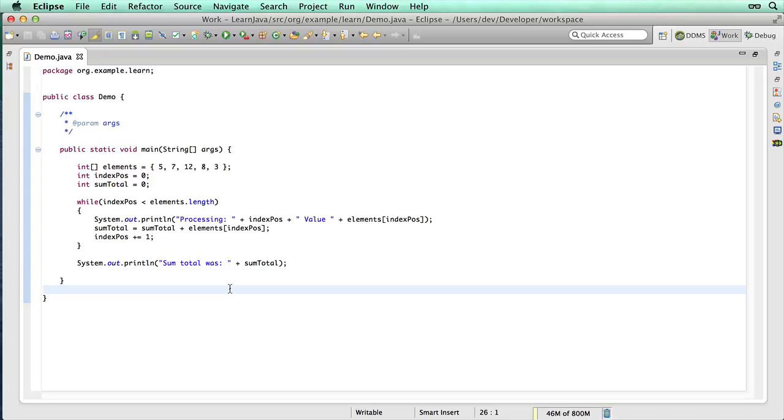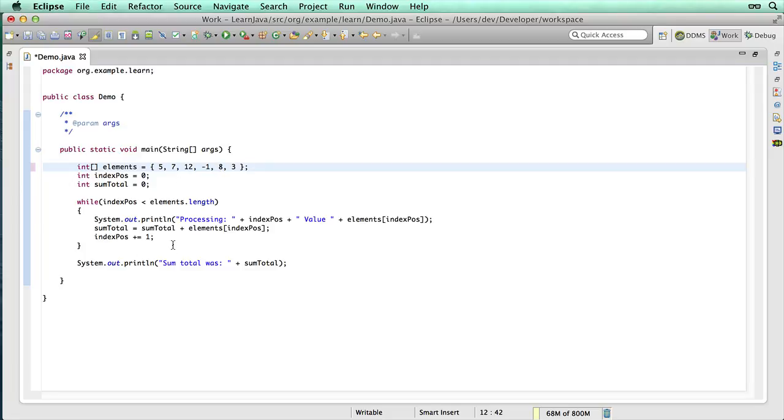But there's a few other statements. Firstly, there's a break, and there's a continue that you can use in these loops. Now let's just say, for example, we're going to add another number here, and we want to do something with our code. So if a negative number is reached, we exit out of the loop. In other words, we've decided that anytime we receive a number that is less than 0, we don't want to do any more processing, and we want to stop the processing at that point and exit. So what we can do there